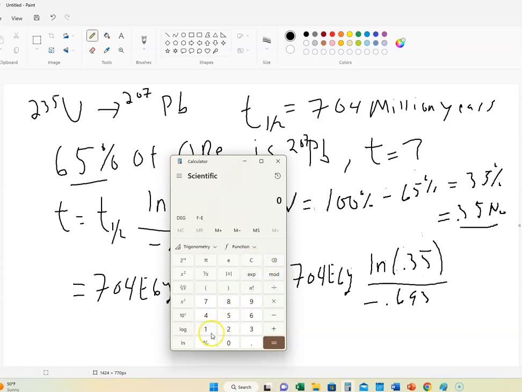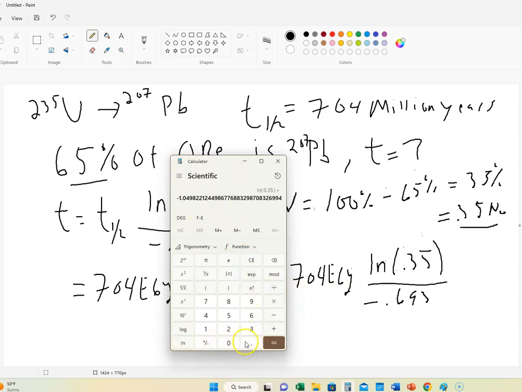I guess I should step back. If you go 100 minus 65%, that's how we get the 35%. So 35%, in numerical form, as a regular number, is 0.35. I take the natural log of that, so that's this number right here. Then that's the natural log of it divided by